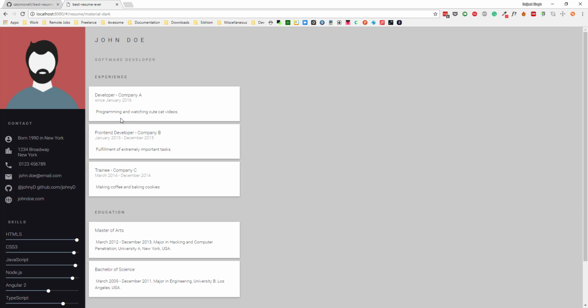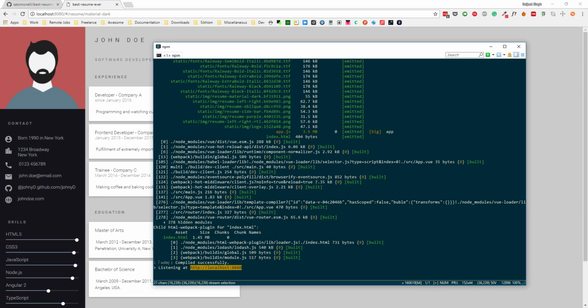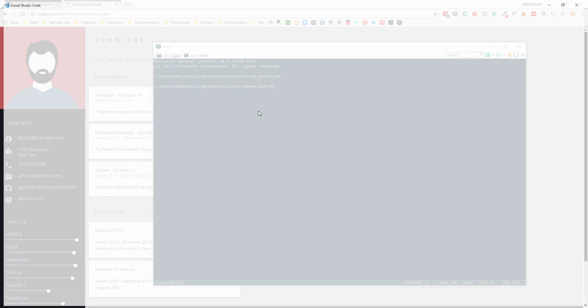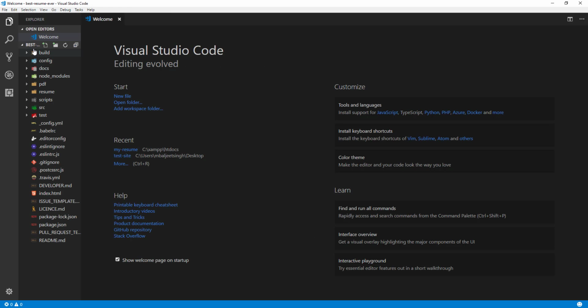Now let's see how we can change the text in here. If we go back to our command line, we can run code dot here, and it will open our project in Visual Studio Code, and then we can make the changes in the code. So now the project is opened here. You can see we have all these files, but the one we are interested in here is the resume folder,